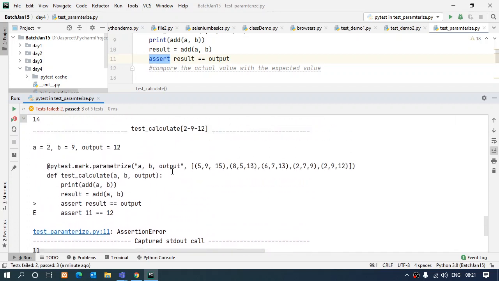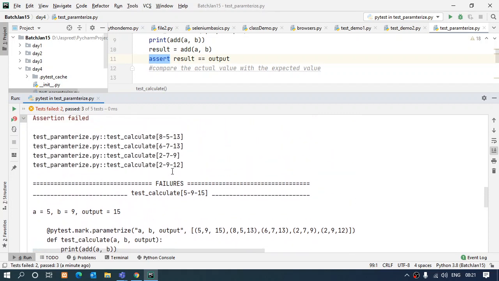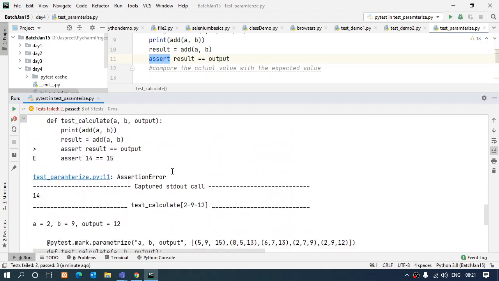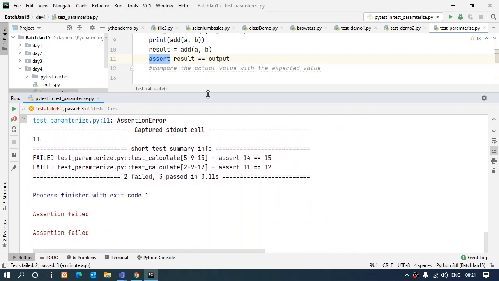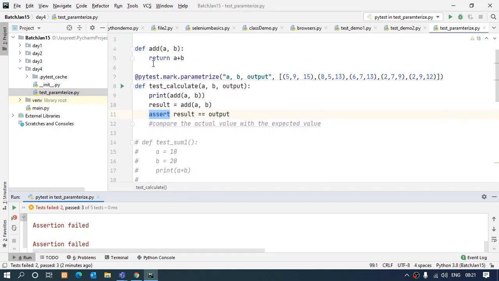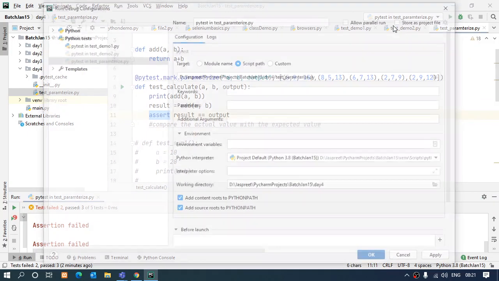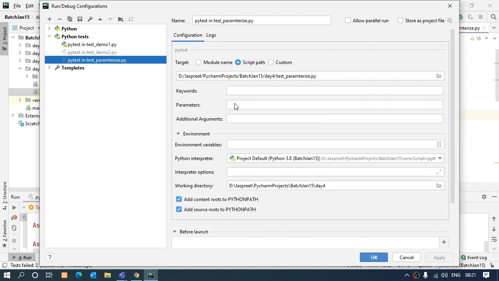That also came up over here, but since we have not been printing the values in that particular manner, that's not clear enough over here. So if I want to see the print statement, I'm adding it. What I need to do is go over here in the edit configurations. I told you yesterday that if I want to see some print statements, some standard outputs in my console, then I have to add a marker which is -s.